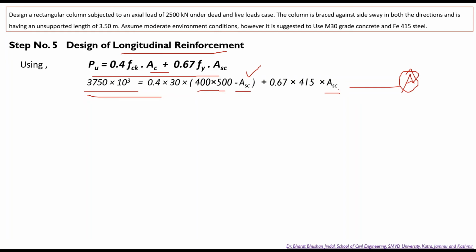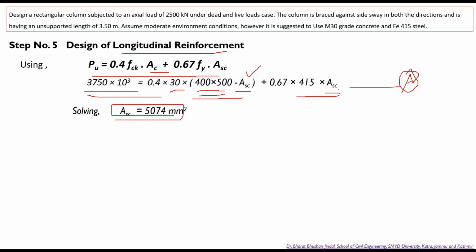So if the section is made of M30 grade of concrete, with these dimensions, how much steel do we have to provide so that this equation is valid, or this section along with steel is able to take this much load coming on the section. Solving this equation, we get this much as the area of longitudinal steel required,